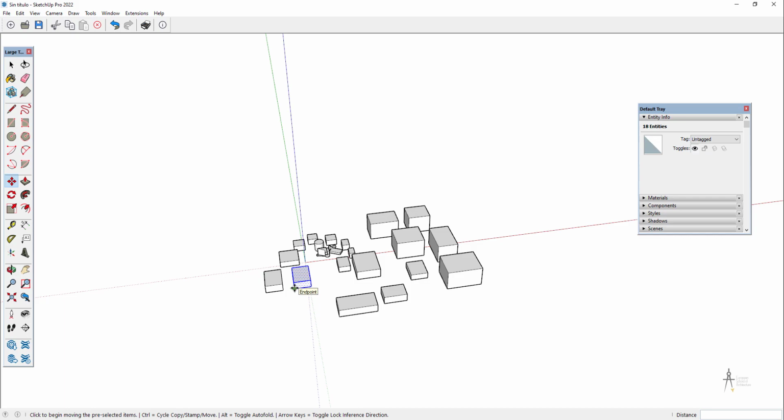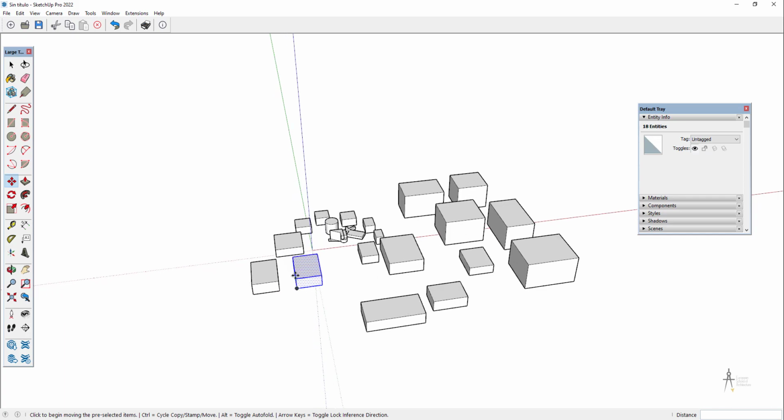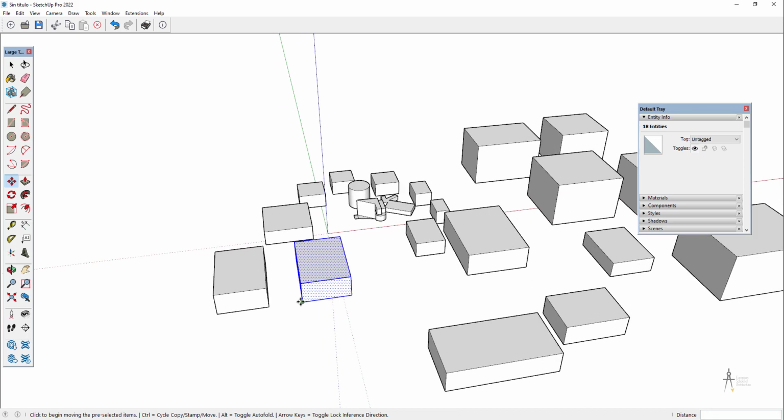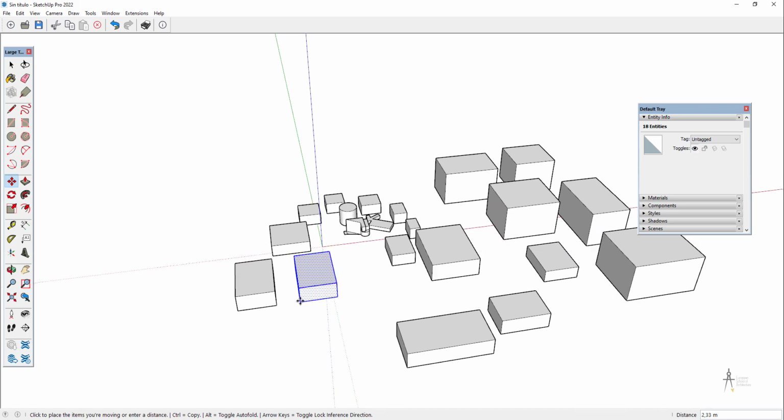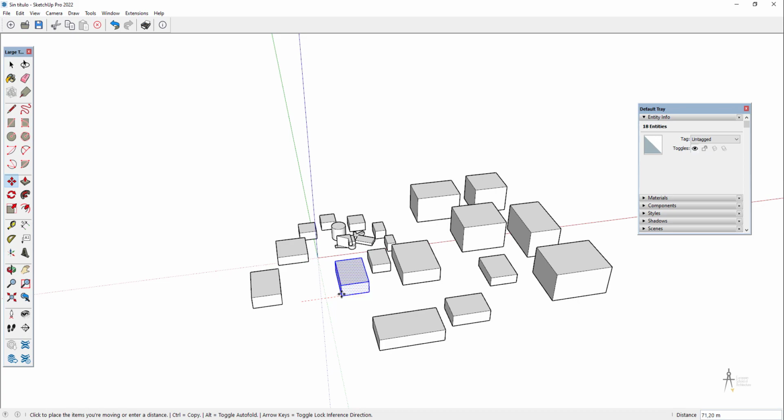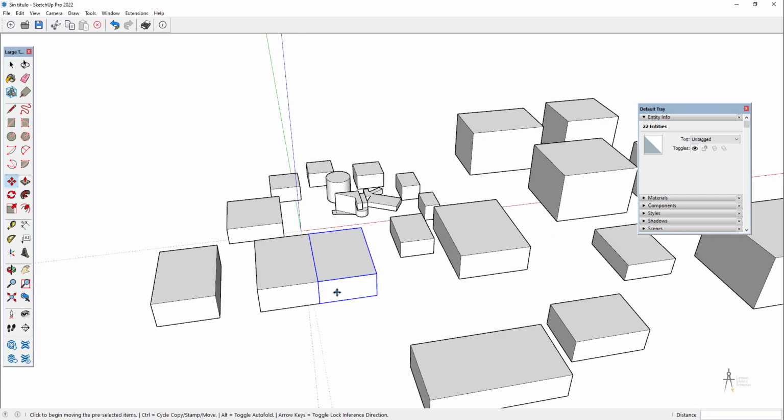So I can copy, and instead, as I was doing before, I was moving and I was typing the measurement that I wanted it to move. I could do the same now, but copying. So, for example, copy 50 meters, and